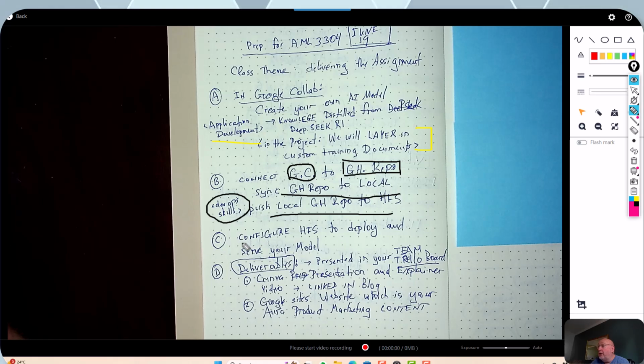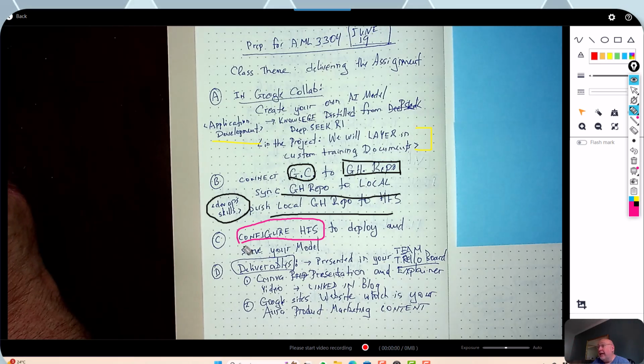And then we're going to go to Hugging Face Spaces, which again we've done the last couple of weeks, so you should be quite familiar with it by now. We understand that when we use GitHub, local GitHub client on our local computer, and then we do git push, I expect you to know by now, and on the midterm exam you're going to be asked to discuss this, that